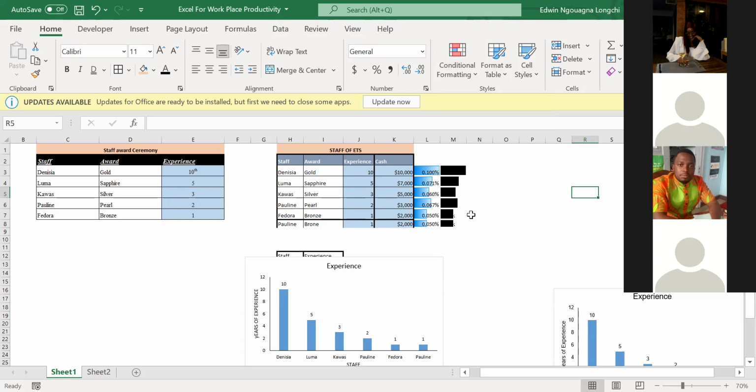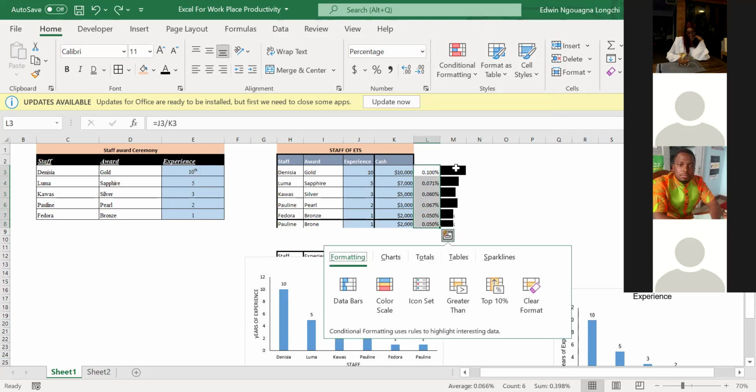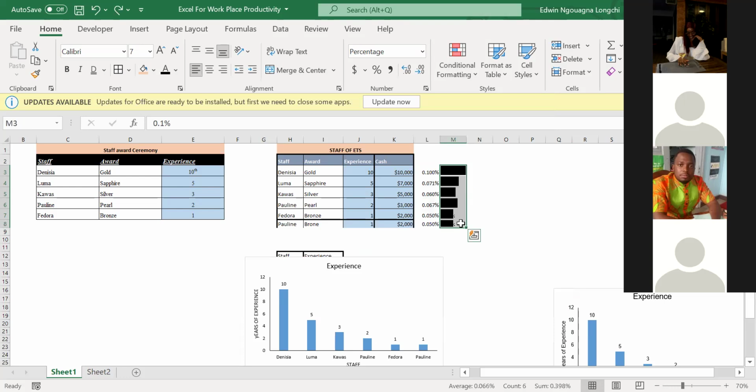All right. So I wanted to put my data bars outside. Let me clear this off. I told you guys I like using this cleaner. So I wanted to put my data bars here. So what I did was I copied the same data and I pasted it here.